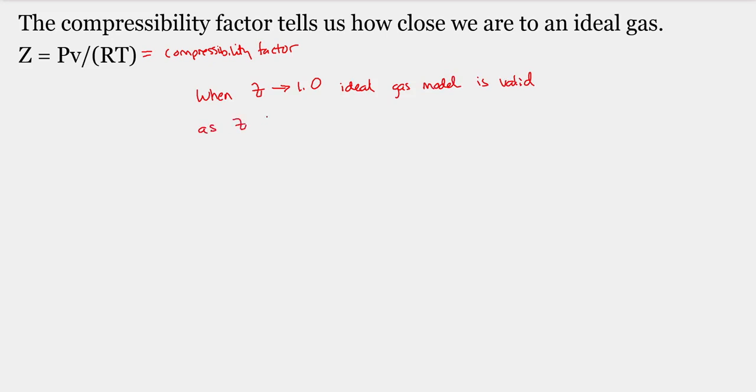As Z decreases and becomes smaller and smaller, so as Z approaches 0, we know that we're having some significant, what they would say officially is significant molecular interactions. And so the molecules actually know each other are there. And as a consequence, the ideal gas approximations are no longer valid. So we know as Z approaches 0, we have interaction